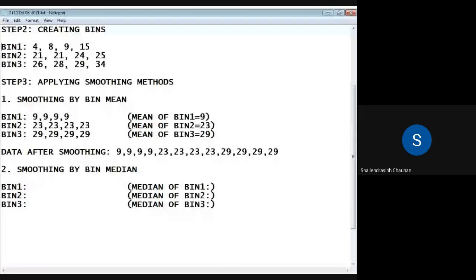So the central value of bin 1. Here you are not having odd values, otherwise you would directly get the median. Here you are having even values. So how will you find the median? Average of the middle two values. Average of the middle two values, 8 plus 9 by 2, 8.5. 8.5 will be the median of bin 1.